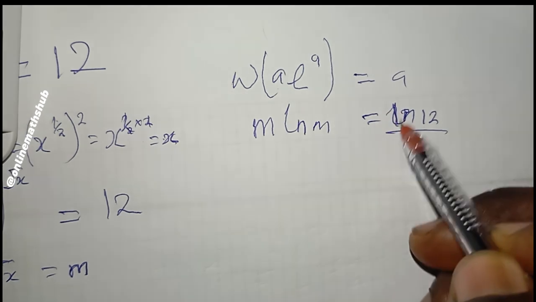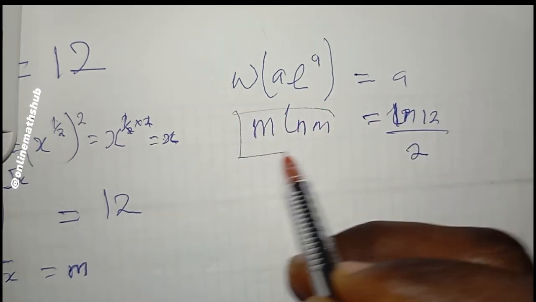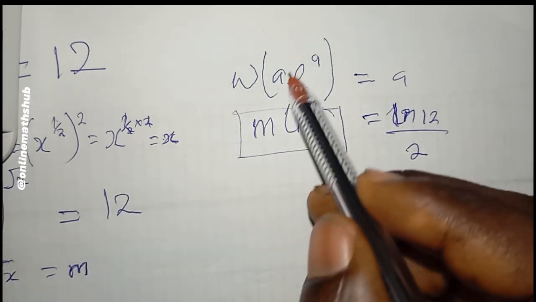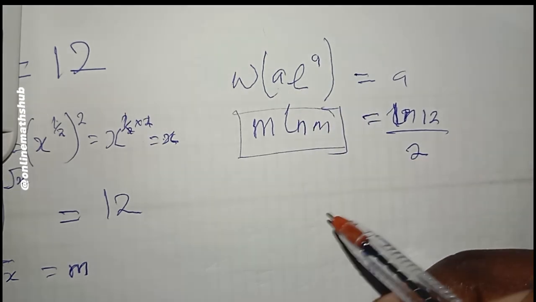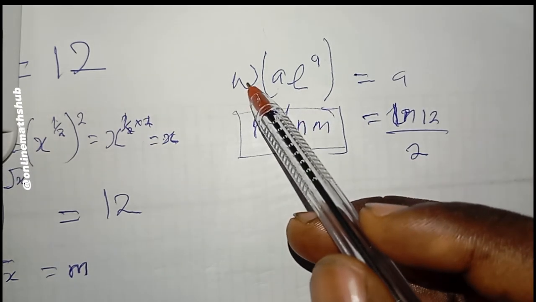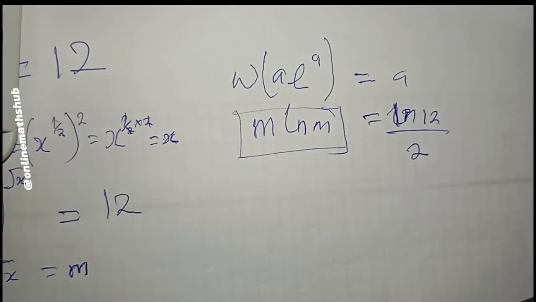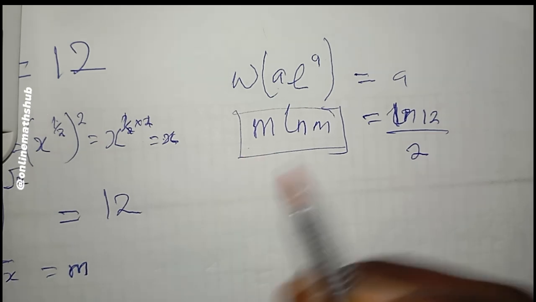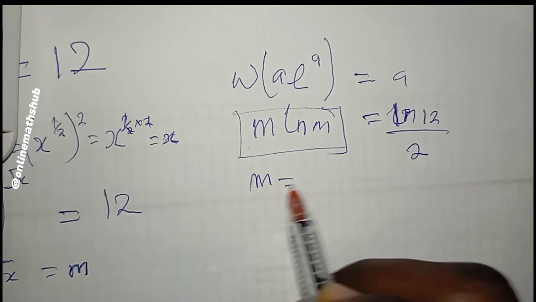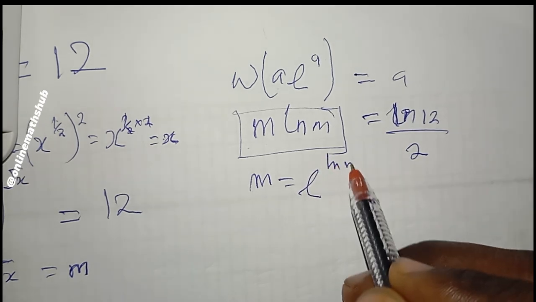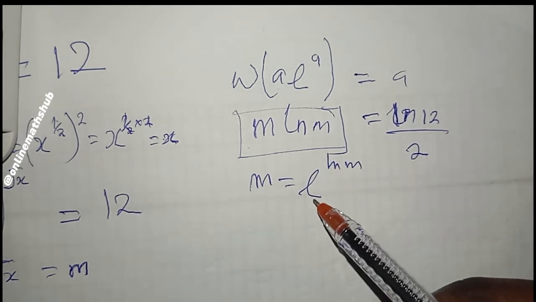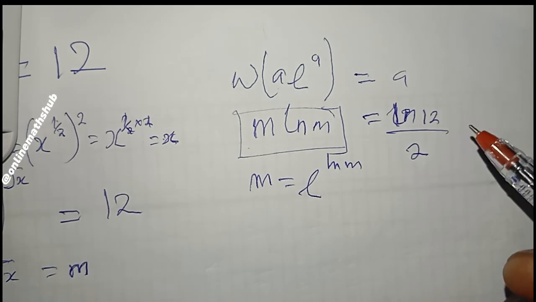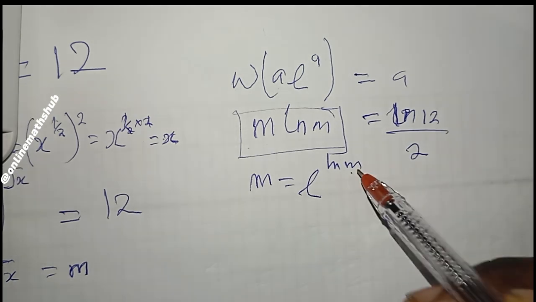Okay, so we are going to be looking for a way to simplify this to be in the form of a exponential a, so that we can now apply the Lambert W function, which will help us to simplify completely. Okay, so in order to do that, I am just going to be making some substitutions, and what I'm going to do is to replace this m with exponential natural log of m. And of course, I have not done anything because exponential natural log is 1,